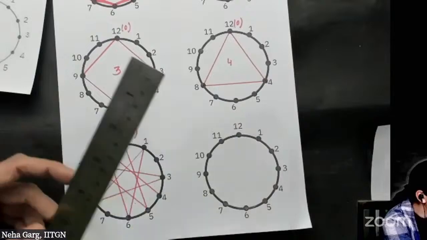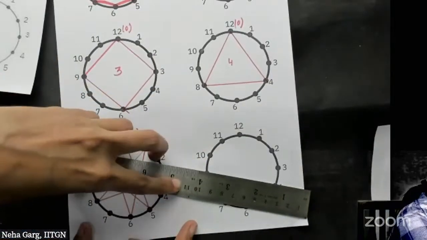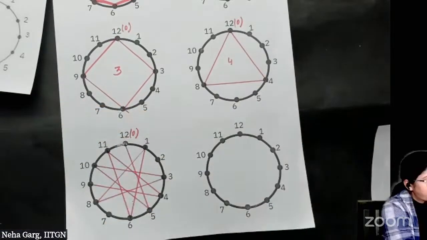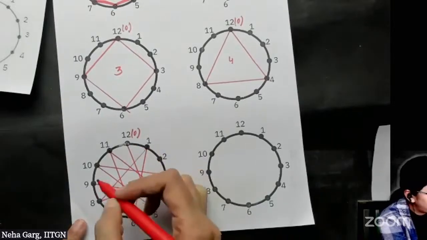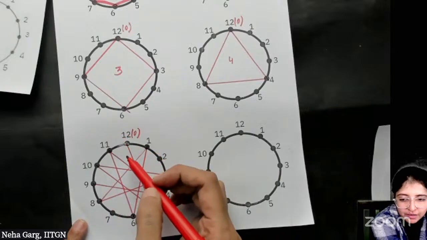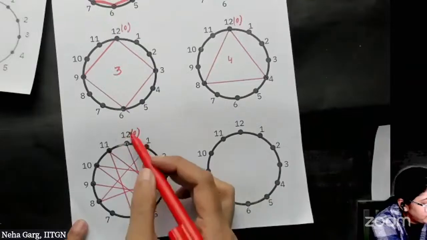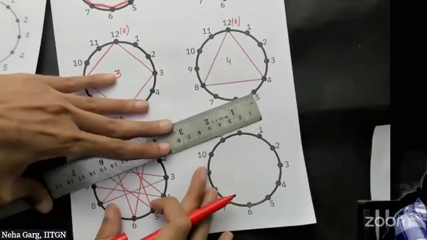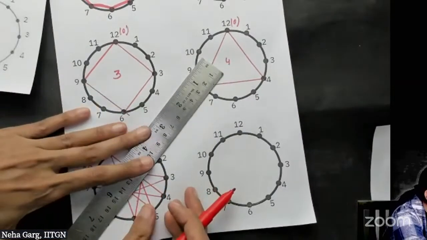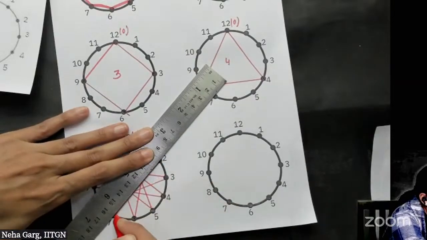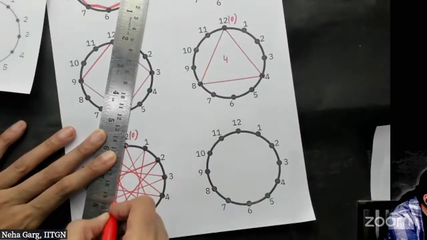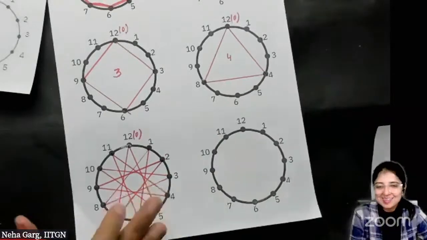Then 4 plus 5 goes to 9. And 9 plus 5 is 14. So I will go to 2. And how I am getting these numbers is because I am just subtracting 12 from the number which I have. So let's say I have to get 14. And if I subtract 12 from it, I get 2. So 9 will go to 2. And 2 plus 5 is 7. It goes to 7. And 7 plus 5 is 12. So finally, we have reached the starting point, and this is the shape that we